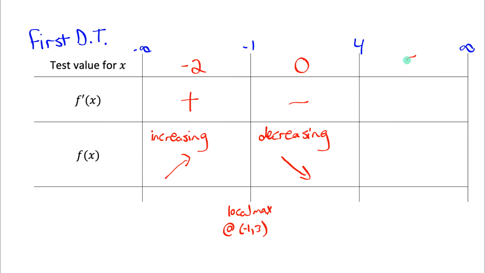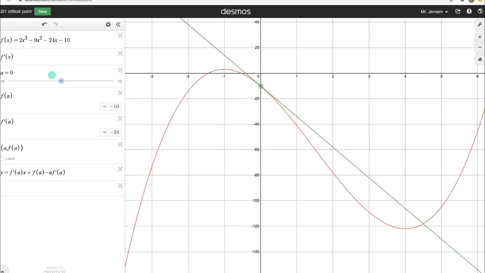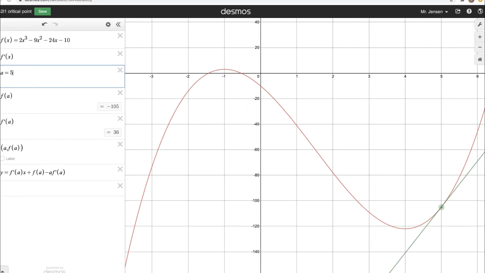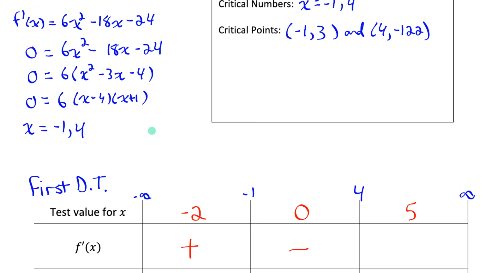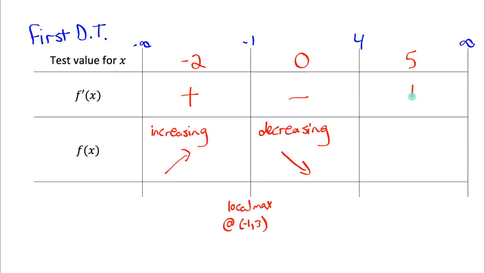So between 4 and infinity, let's choose 5. If I plug 5 into the derivative, I should get a positive number. I can tell that because the original function is increasing. The tangent slope is going up to the right. And what is the slope of the original function? It is 36. We can get that by plugging 5 into the derivative, either factored or standard form. I have 6 times 1 times 6. That's 36, which is positive. So that means the original function is increasing,